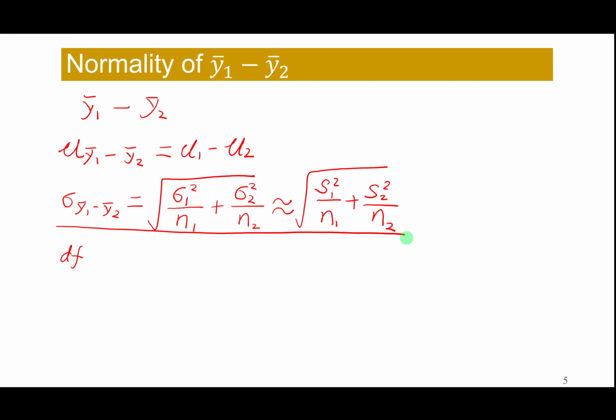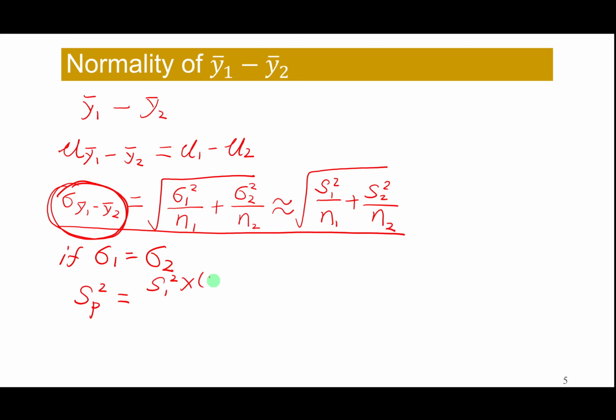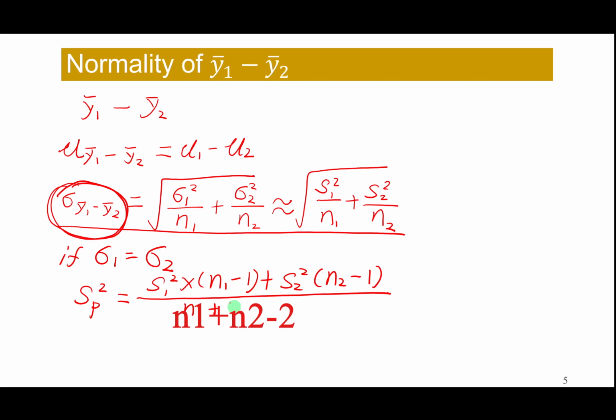This expression can be derived using the probability theory, and we will not go into that detail. If there are good reasons to believe that the population standard deviations are equal, so if sigma 1 equals sigma 2, and sigma 1 is probably equal to sigma 2 because adding the chemical will not add additional experimental error, then we can obtain an improved estimate of the sample average standard deviation for each product as S pooled squared equals S1 squared times N1 minus 1 plus S2 squared times N2 minus 1, divided by N1 plus N2